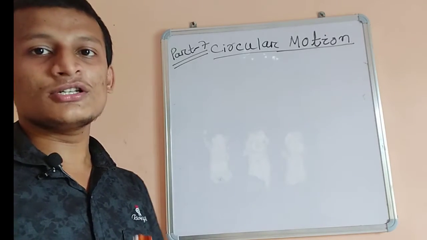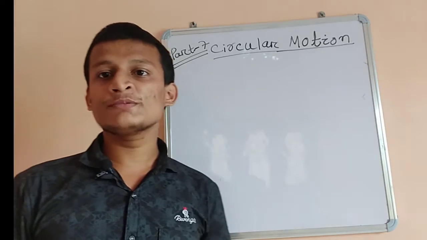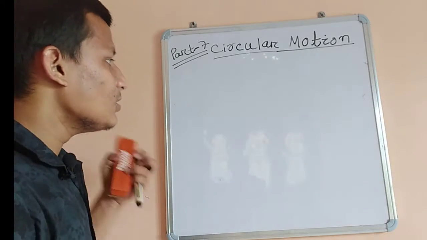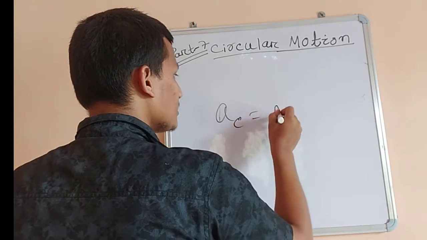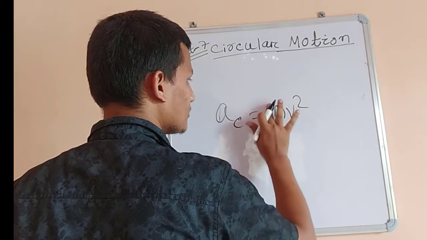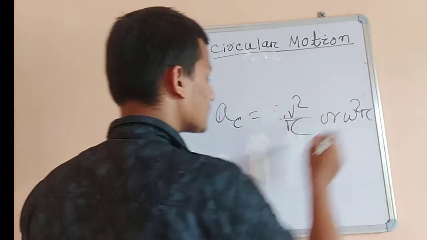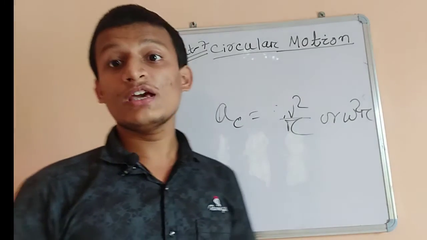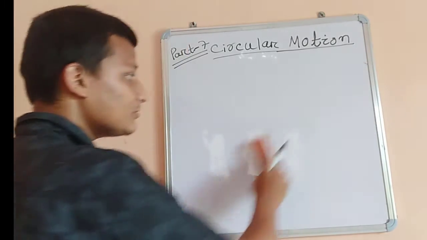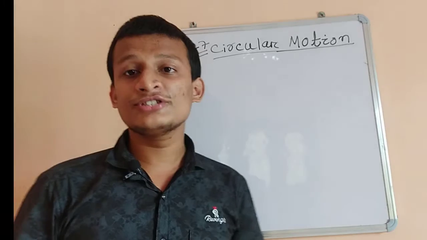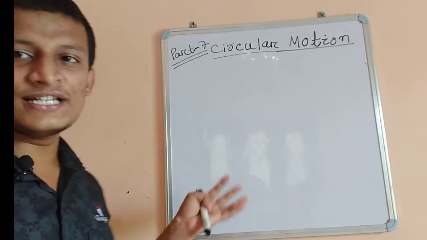The vectorial representation will help us, as we have assumed before that the velocity direction is perpendicular to the radial direction, and we have also taken the centripetal acceleration equal to v square by r, or omega square r. We have taken only the modulus, but here we will prove it using the vectorial direction. We can prove why the velocity is perpendicular to the radius, why the centripetal acceleration is so, and why the magnitude is so.